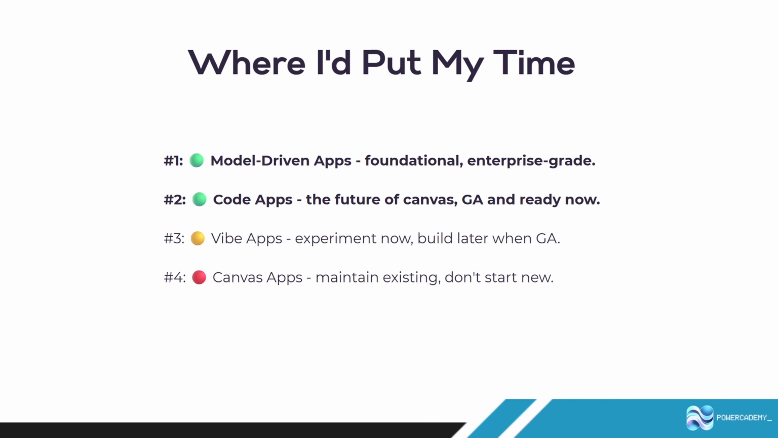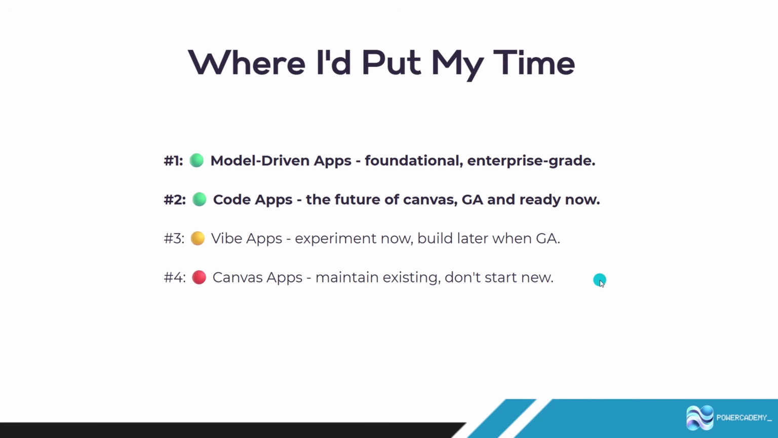If you have any coding ability or are willing to lean on AI tools to bridge that gap a little bit, then start here. Code apps are generally available, they're real, they're ready for production, and they give you everything Canvas apps do, plus more. Just know that you need that premium licensing. Number 3 is Vibe apps, so you can just experiment for now and you can build later once they are generally available. And then finally, we've got Canvas apps where I think you can maintain existing apps, that's fine, but